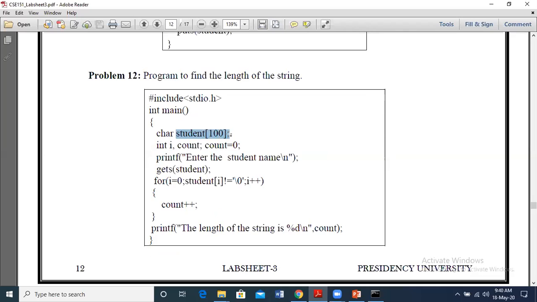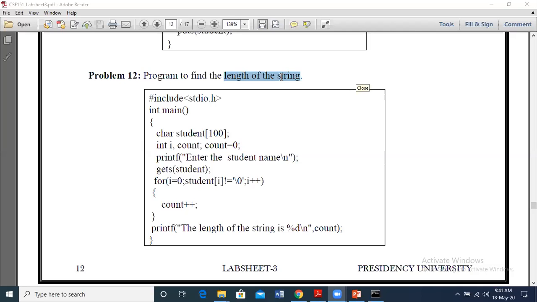So problem 12 is to find the length of the string, that is how many characters we have in the string. Usually how will we find the length? We just saw that we had Abdul Kalam, we counted each letter and also the space, and at the end we said that the length is 11. So we are counting one by one. Exactly the same logic we will follow to calculate the length: we will simply count the letters one by one.